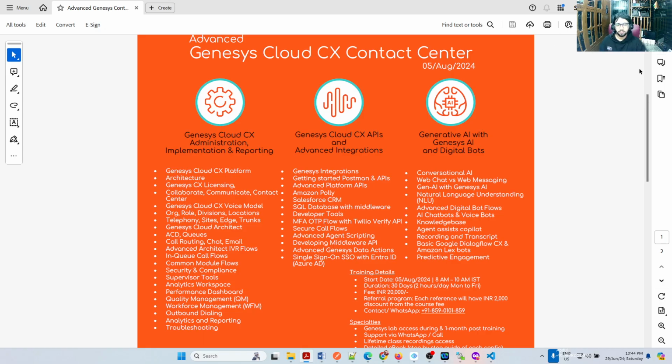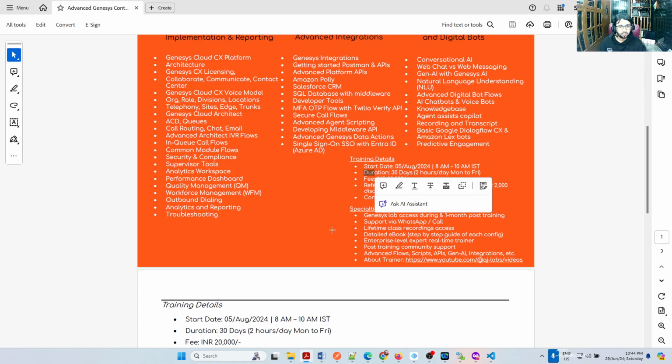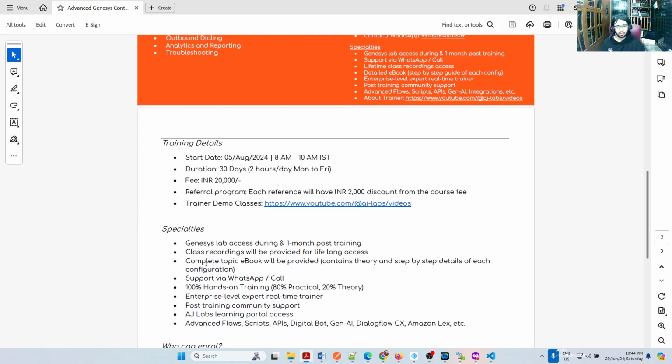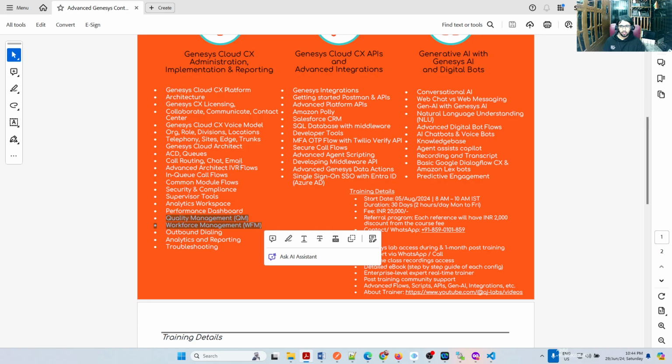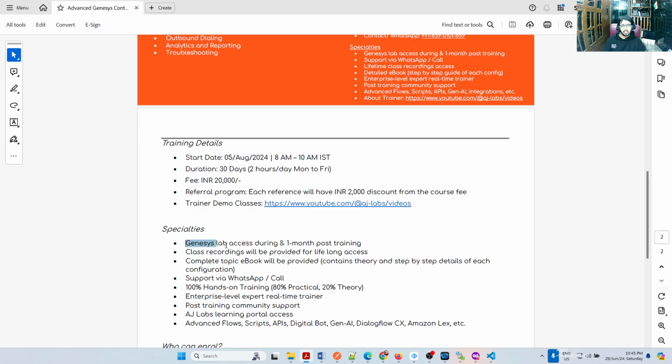Do we have the lab? Yes. With the lab, you asked whether we will have access even to Salesforce. Salesforce anybody can set up, right? You just need an email address. And what about the WFM? Yeah, WFM is there. WFM, QM, it's all there. It's all a part of our initial administration section itself. So the entire thing inside Genesys is covered. Scripting, I showed you one agent script, right? Advanced agent scripting is there. Lab access is during the training and for one month after the training.